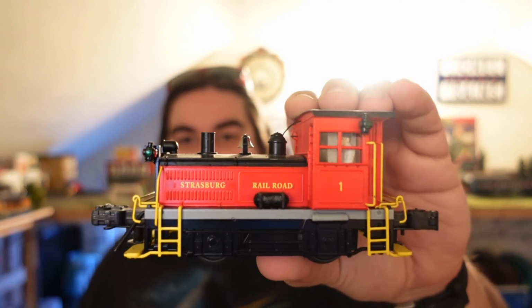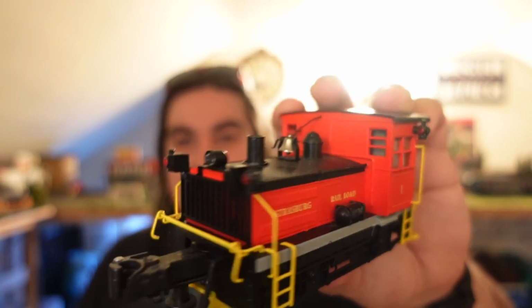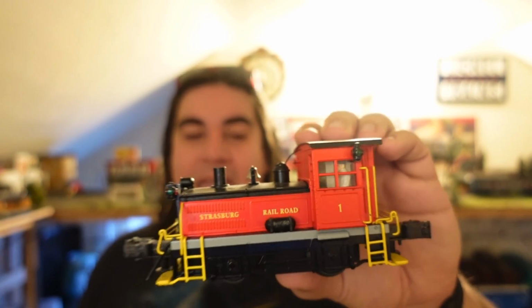So guys, my first piece of Strasburg rolling stock motive power is actually this guy right here. Now these came out in, I think, the early 2000s. I want to say 2004, 2006, and these are awesome. This is a Plymouth Switcher, Strasburg #1. This is an authentic piece from K-Line, and it's all die cast. Right around the time Lionel